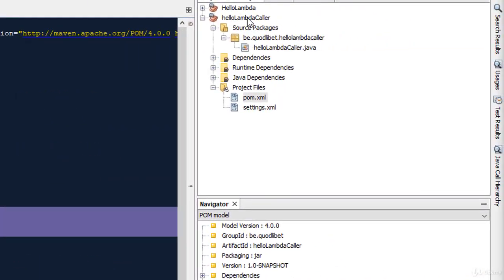If you see a yellow exclamation mark on your project, right-click and choose Resolve Project Problems and wait for everything